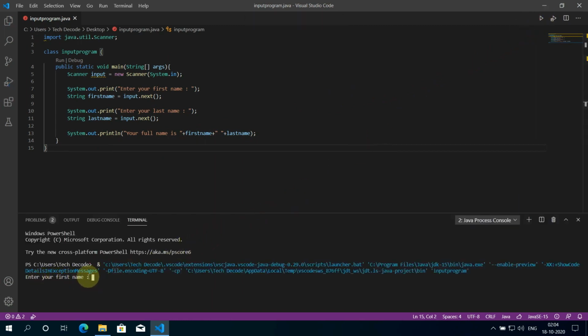Let me type my first name here. Now the last name. And now you can see my full name is printed here. So this is how you can run